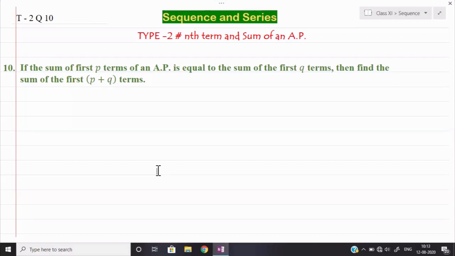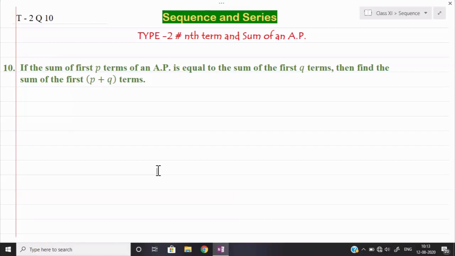Now you may say how they can be equal. Well, some terms will be positive, some terms will be negative. You remember one question we have done where the sum of 5 terms and sum of 20 terms were coming the same, because after 5 terms, whichever terms are coming, some terms would be positive and some were negative. They were cancelling each other, and at the end we were getting only the sum of 5 terms. However, we have considered the 20 terms sum in that question also, so it can be possible.